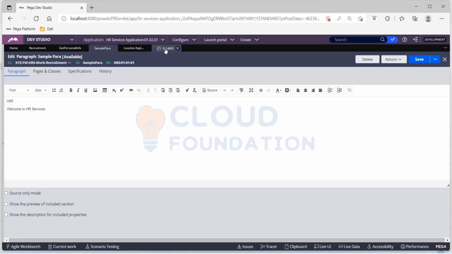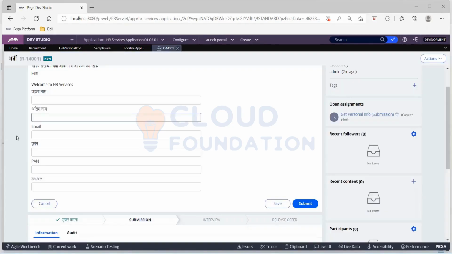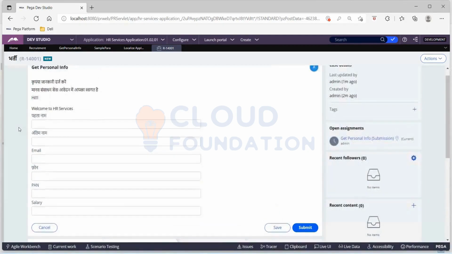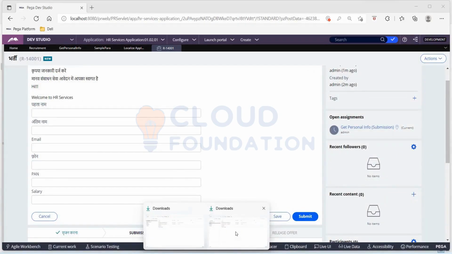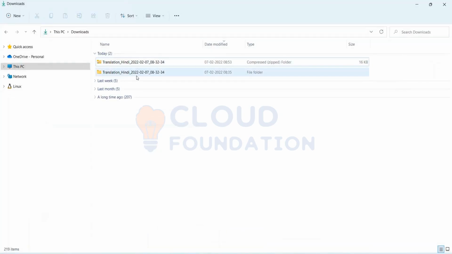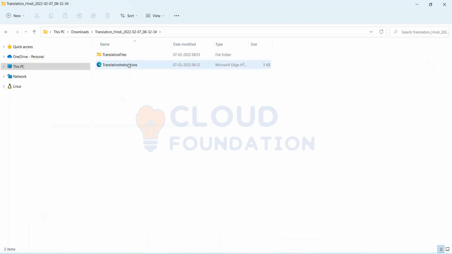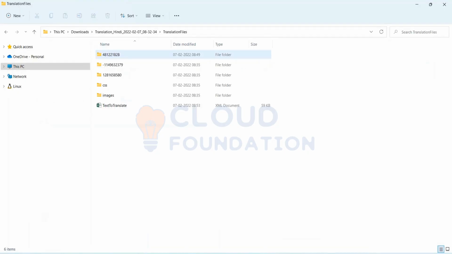We did it for the Hindi version where we changed the HTML. We created a new HTML file. That is for the sample para. Let's see. What did we change it to? We just changed it to welcome to HR services. I think this one,